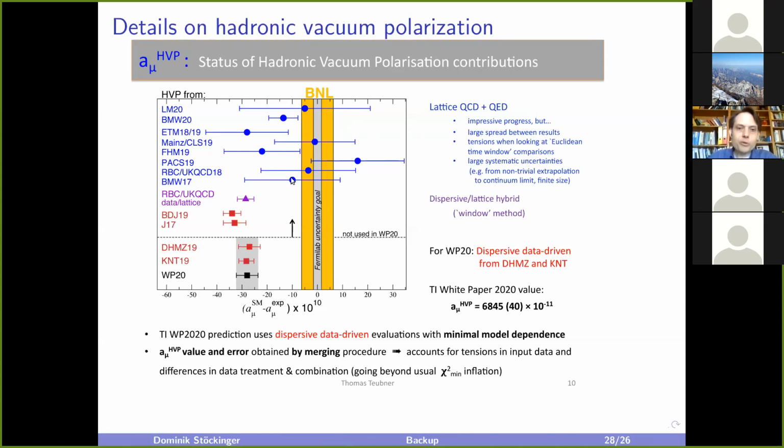Then sometimes the claim is made that the BMW result on its own makes the deviation between standard model and the experiment disappear. But I would dispute that statement in two ways. First of all, the discrepancy is not zero. Even if you take the BMW result, it lies exactly in the middle between the previous determination and the experiment. And then we will have to see what happens if the uncertainties become smaller.